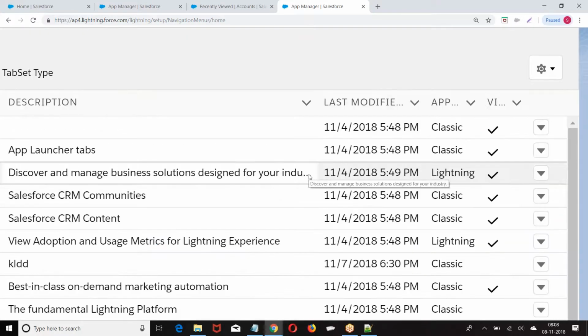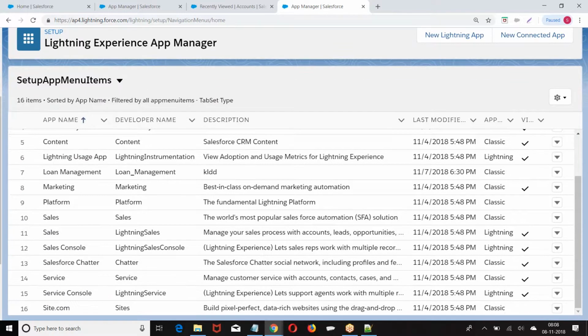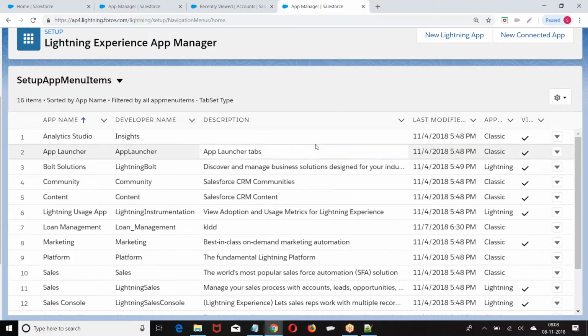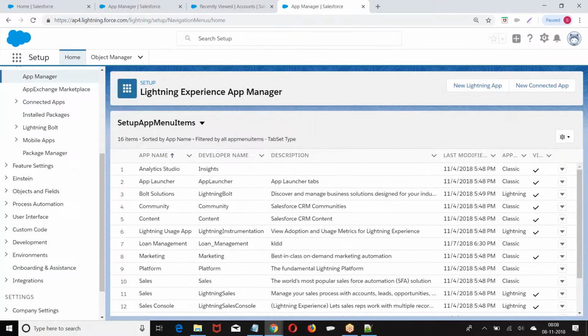Here we cannot choose the default landing tab. Now come again. Here we cannot choose the default landing tab. No, because here by default the first tab will be the default. Whatever the tab we keep the first, there will be the first default landing tab. Then we specifically mentioned this tab should be the default landing. But in the Lightning format, whatever the tab is there in the first, that will be the default landing tab. Okay. Now come back to the next one.